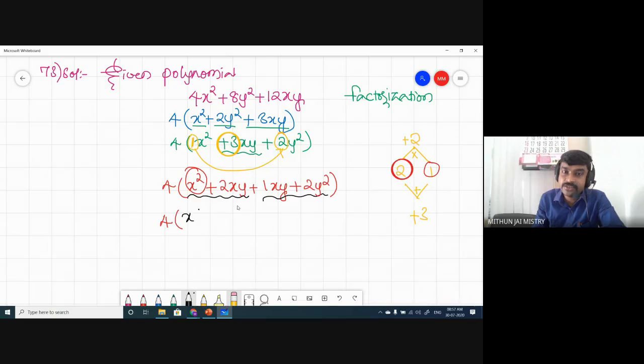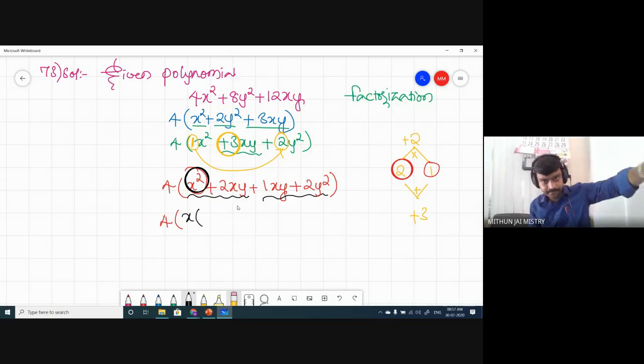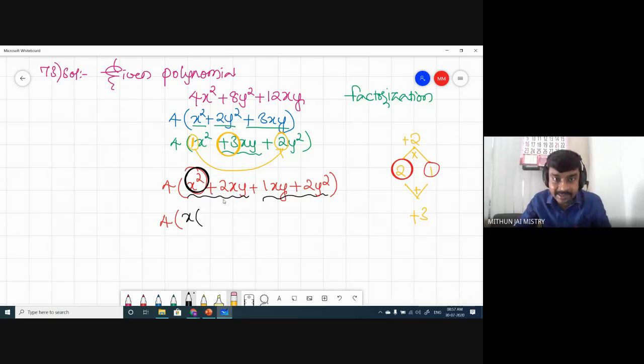So when I take x as common, from this x square, 1x has gone. I'm taking common from the first two terms only. That's why I underlined them separately. In these two terms only, I am searching. So x is common, I took x outside. From x square, which is x into x, 1x has gone outside, so one more x will be there, plus 2xy.